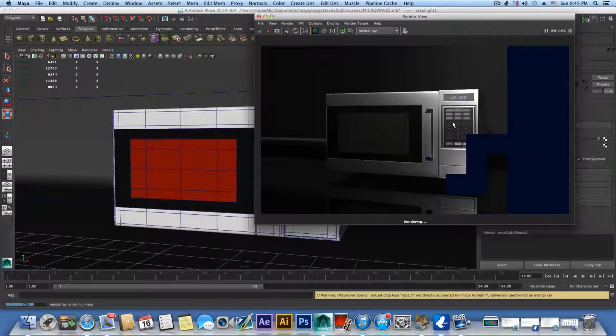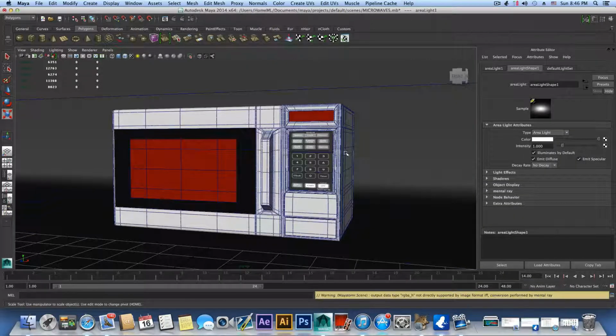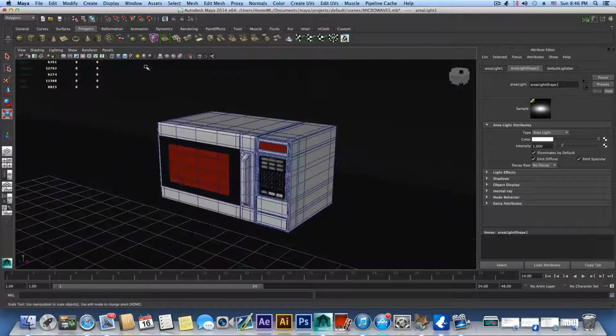Alright, so it does look good right now. And again, just test those shaders that I showed you earlier. You get different results, and probably one of them will fit you better. Okay, so that looks great for now. The only thing I want to add and close this part of the tutorial is go over